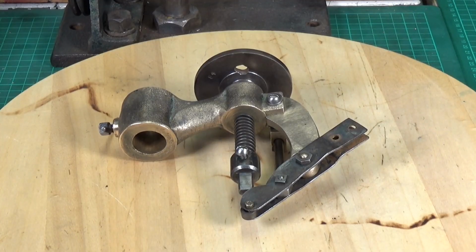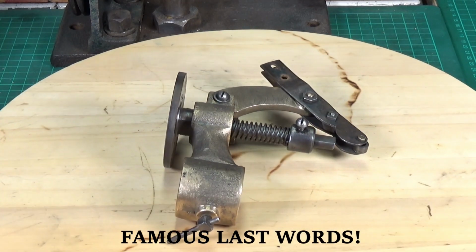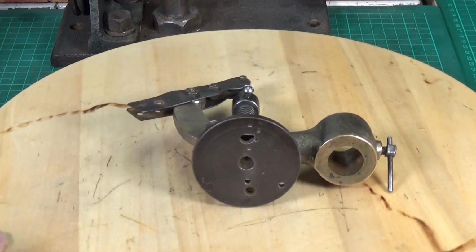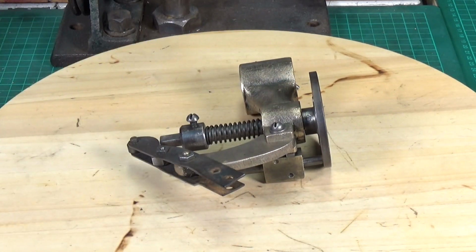So here is the bottom part, which is obviously the table and the riser. As I said, hopefully I'm not going to have to do too much work on this. I'm certainly considering making a new table. Looking at it, it looks like it's pinned to this shaft. There appears to be a pin right there. And so hopefully I can take that off, and it shouldn't be too much of a problem machining up a